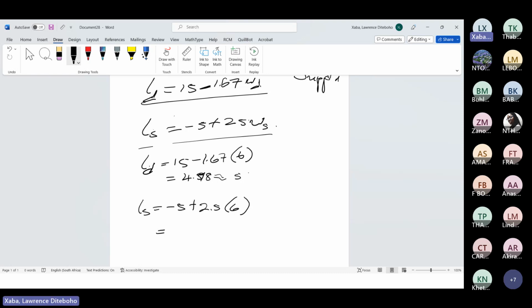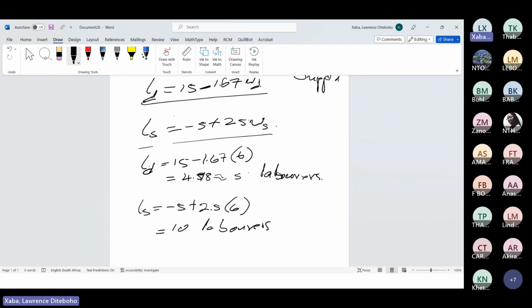Then we have 10 laborers. So now, after doing this calculation, what is expected from us